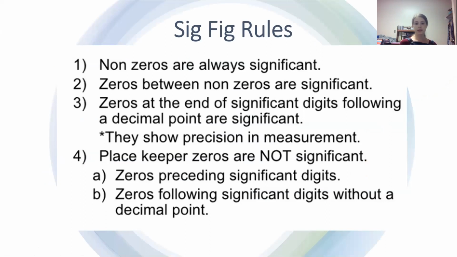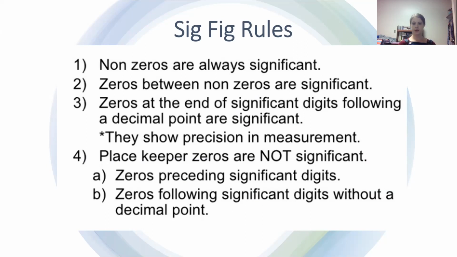Number 3, zeros at the end of significant digits following a decimal point are significant. The reason this is because if you have a measurement that before you do the calculation, it has decimals,